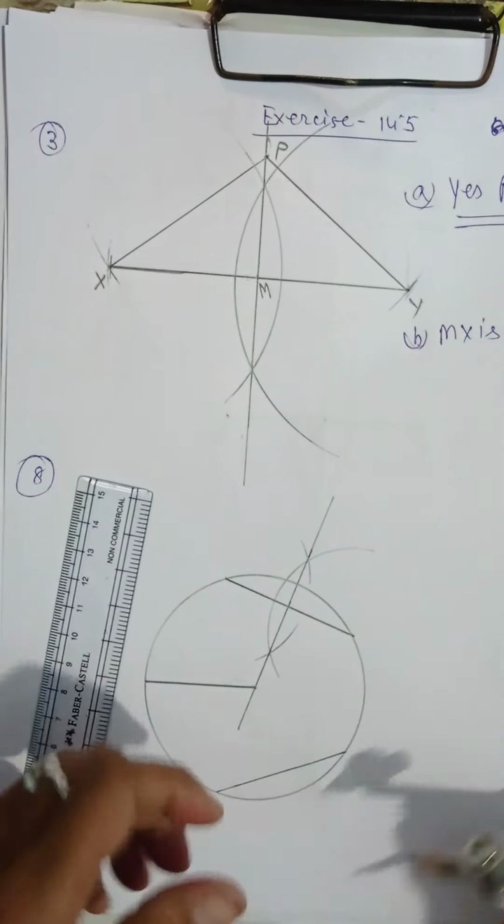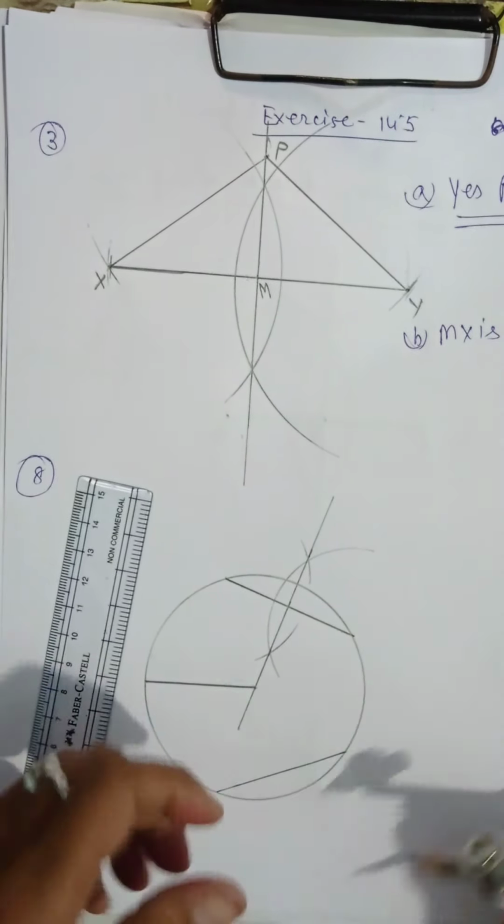Second chord, I have to bisect it also. Okay, let's set this one. Again we will follow the same thing. More than half radius I am taking, that is, more than half the length of this line segment from that chord. See, then I am going to draw the arc. Then from the other point I will repeat the same. Yes, okay. Here also I have to join these two to get the point of bisection of this chord. Got. Now I am extending this one.